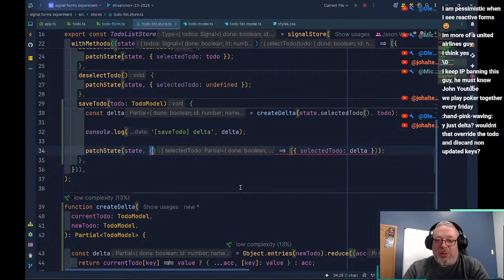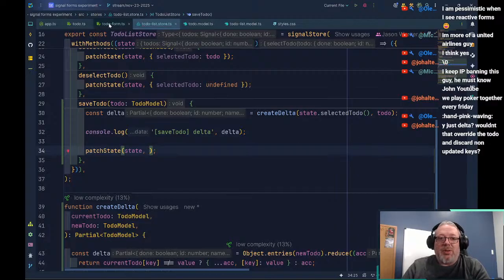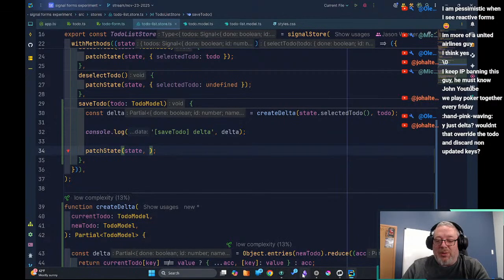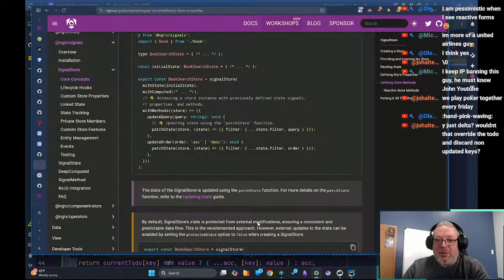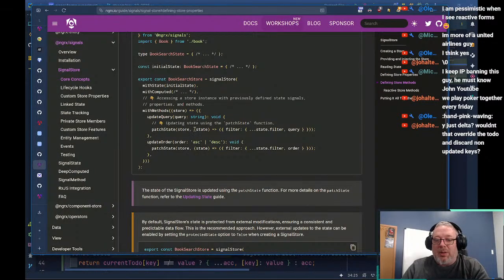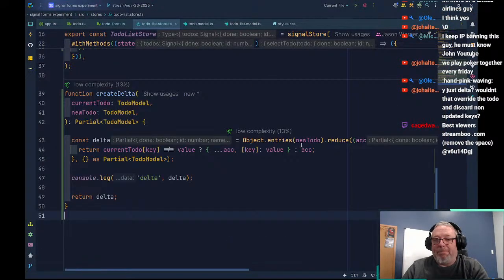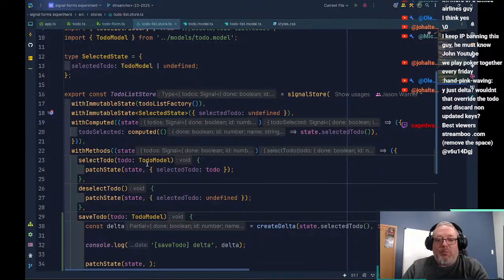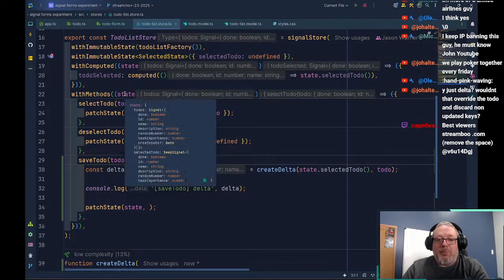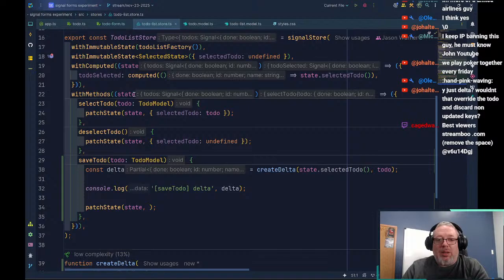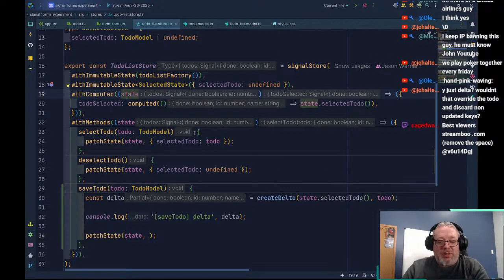But what we want to do here is provide a function. So if we go back and take a look, it's the store. Did I call it store or state? I called it state. It's not state here. This should be store.